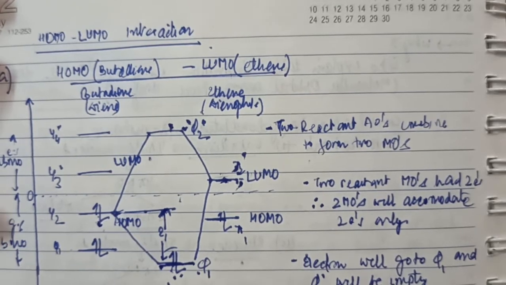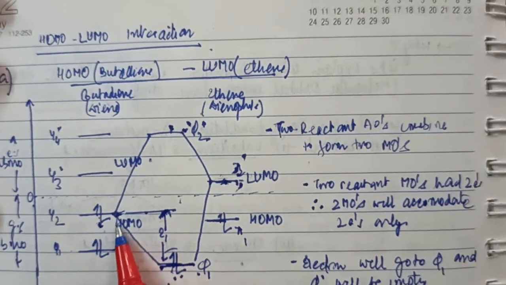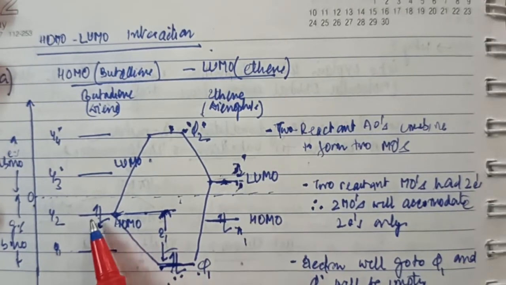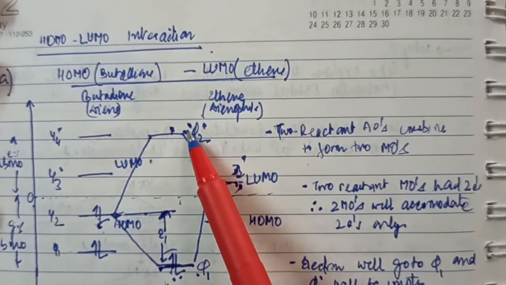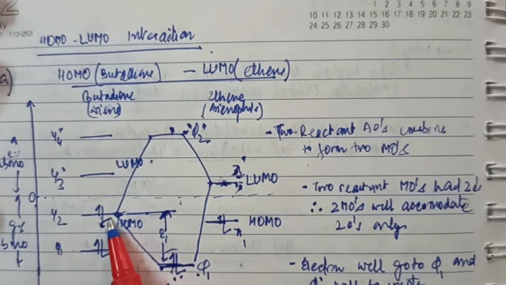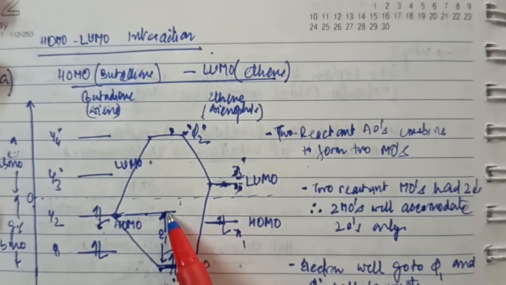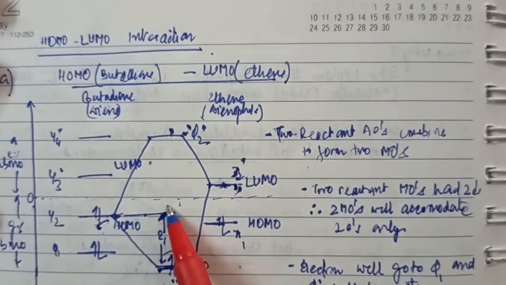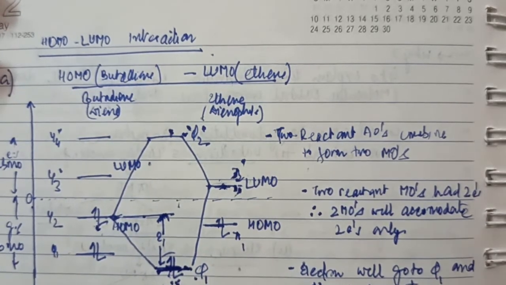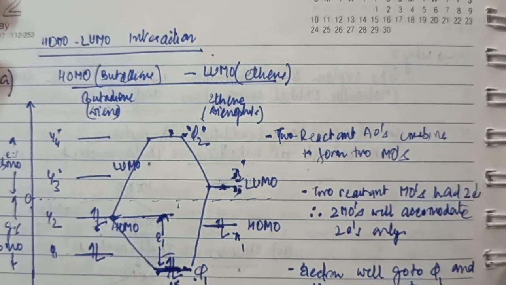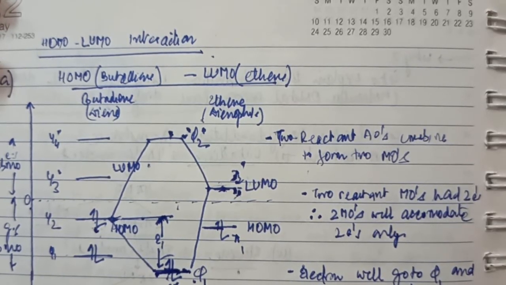I'll repeat what I've said. We are talking about the HOMO-LUMO interactions. We have to study the interaction between the HOMO of one reactant with the LUMO of the other. When the two atomic orbitals are combined, 2 molecular orbitals will be formed, one bonding, another anti-bonding. I have to accommodate only 2 electrons, because Psi2 had 2 and Psi3 star does not have an electron. The 2 electrons will go down. Earlier those 2 electrons were at this level, now they are at this level, therefore there is an extent of stabilization. Hence, this interaction produces stability to the system, and since it does, this interaction is worth my consideration.